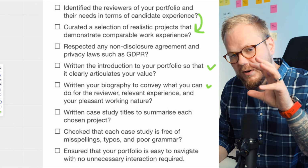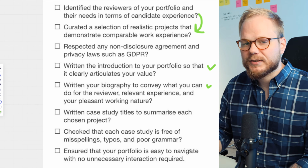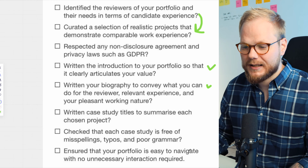Candidate. Even if a portfolio might look funky and flashy and spot on in terms of trends, strip it down as much as you can. It's about your work. It's about your case studies. And on that note, we're going to segue to the next part, which is basically for each case study, summarize